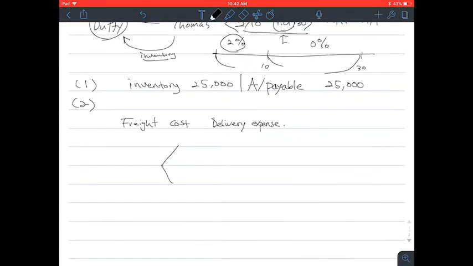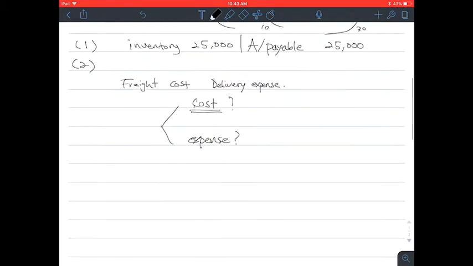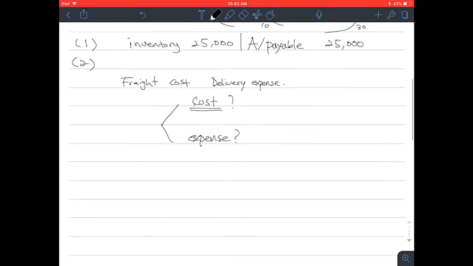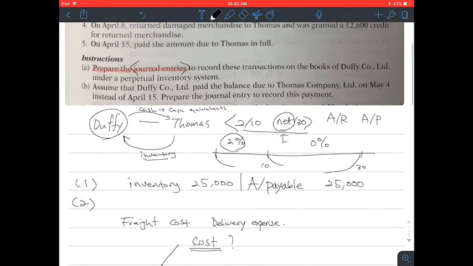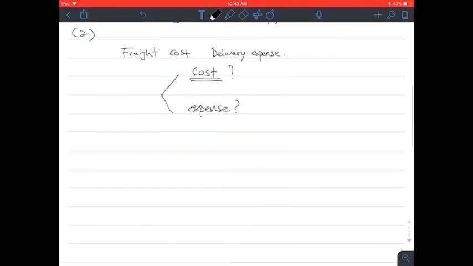Are you going to see it as a cost, or are you going to treat it as an expense? Is it expense or is it cost? It changes from the entity perspective. So for the buyer, if the buyer pays,